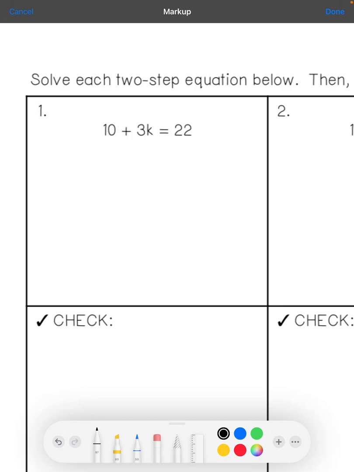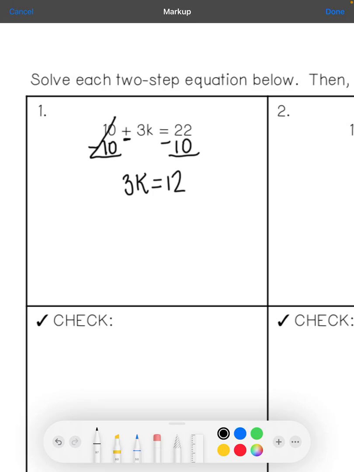And remember, my first step is to undo any addition or subtraction. So I need to identify that. Where's my addition and subtraction? I do have an addition sign here, right? And 3k is being added, but it's not the addition that I want to undo. I want to undo adding this 10, because remember, we are trying to get the variable by itself. So if I undo that, 22 minus 10 is 12